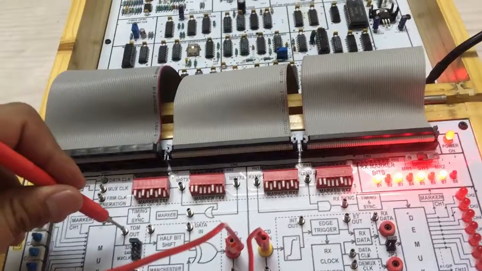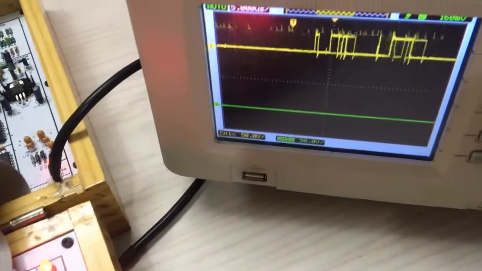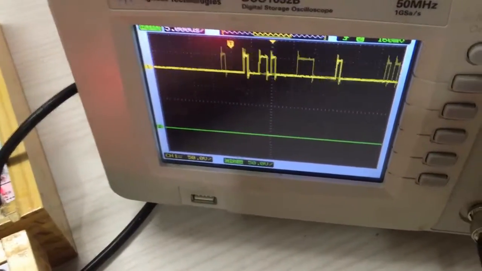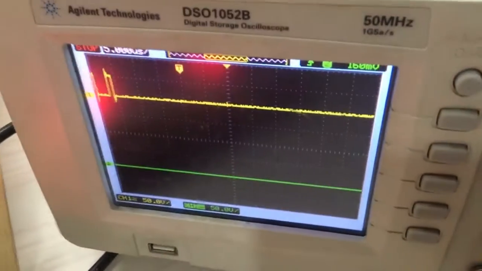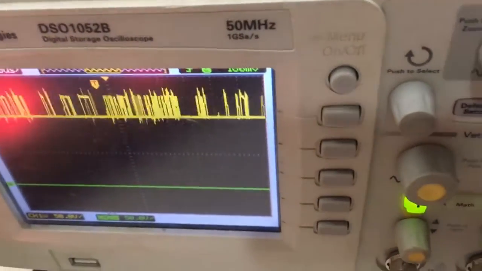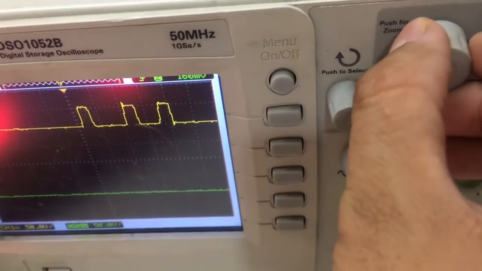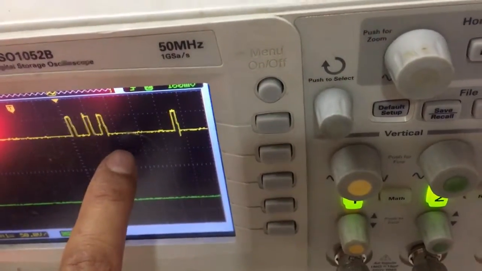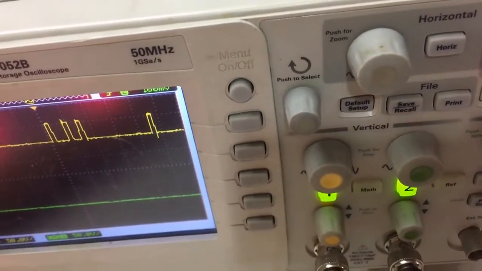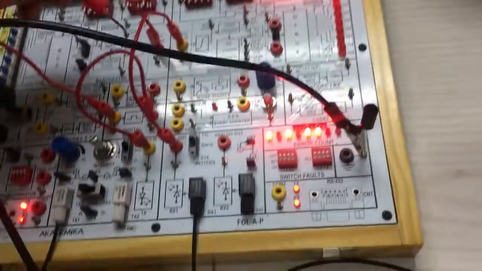Then let me see TDM output from here. So this is my TDM output, my time division multiplexed signal. Then I am applying it to Manchester coding.